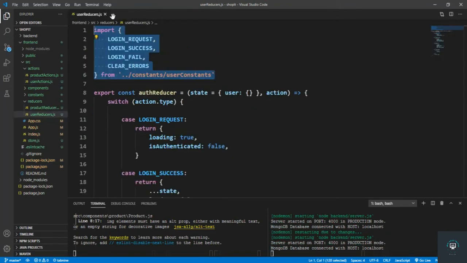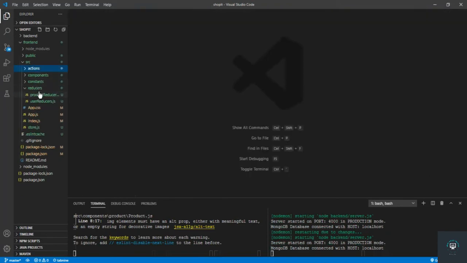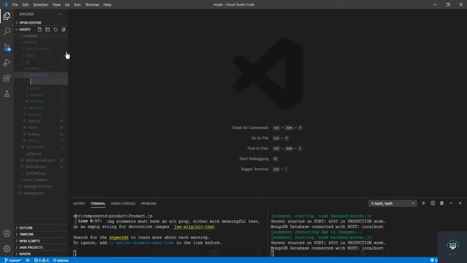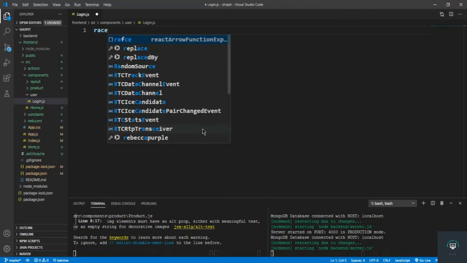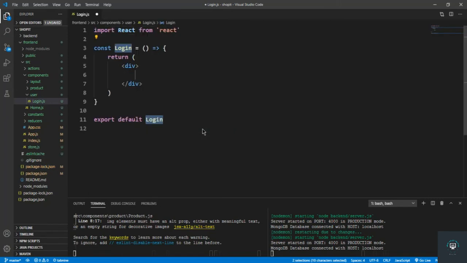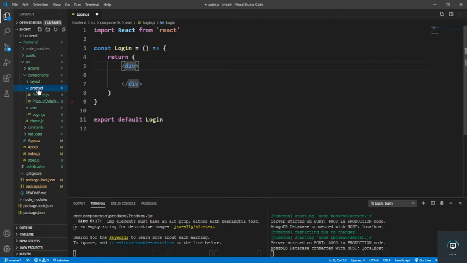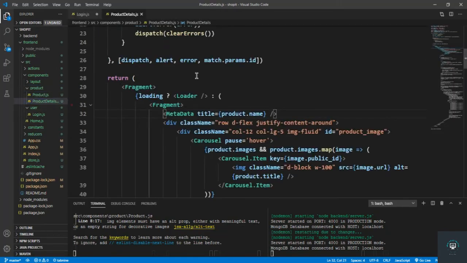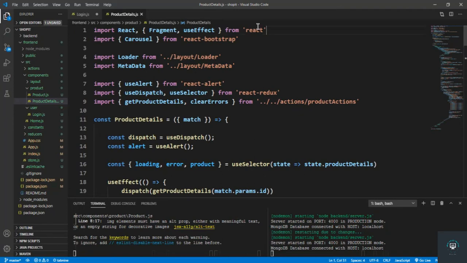Alright, close this one. Now let's go to our components, and in the components, let's get here a new folder that is called the user. Right, in the user I'm going to create my first file that is called the login.js, RACFE, to create my basic React arrow function expression markup. And we also have to bring in some stuff. So what I can do is simply go to the product details. Let's copy this one,